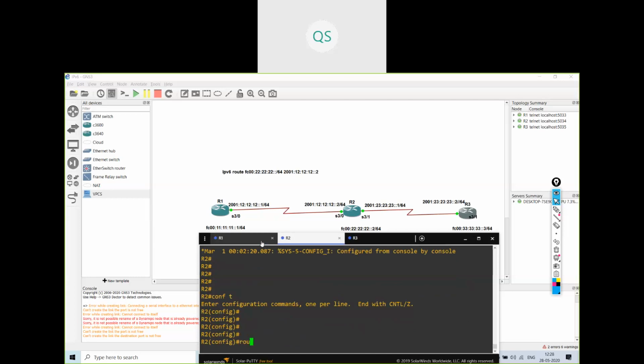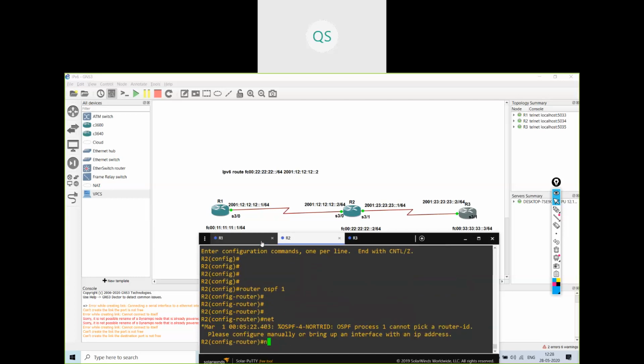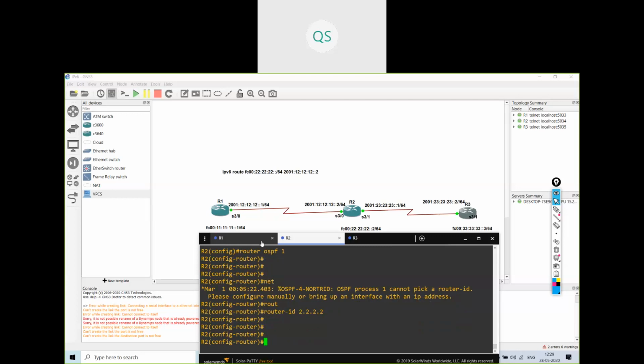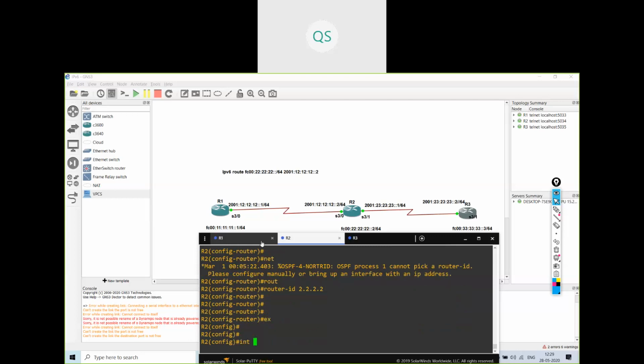Now the same thing I will do over here. Router ospf 1, router ID is 2.2.2.2. I'll exit. Interface serial 3/0, ipv6 ospf 1 area 0.